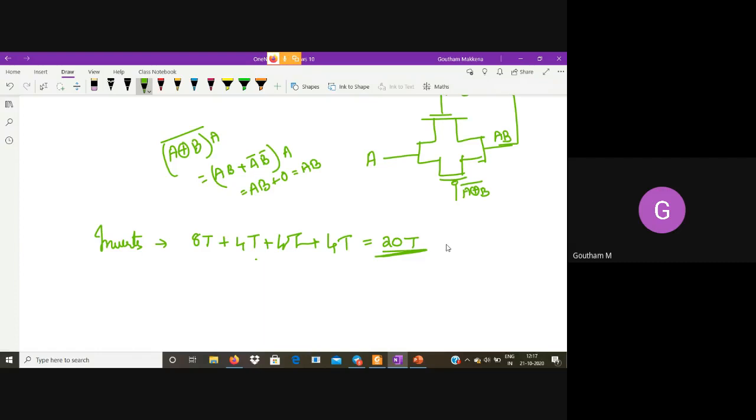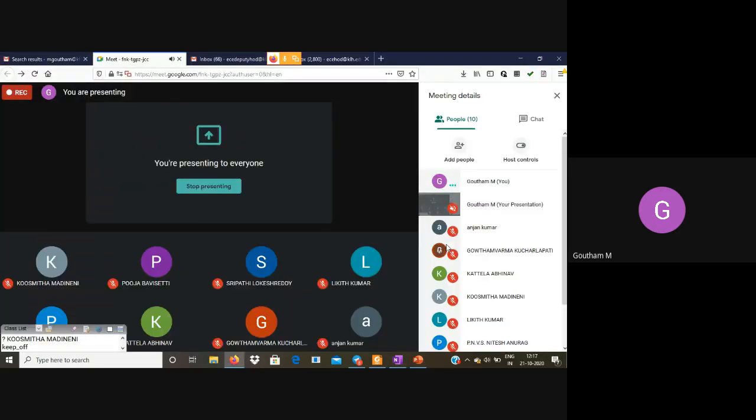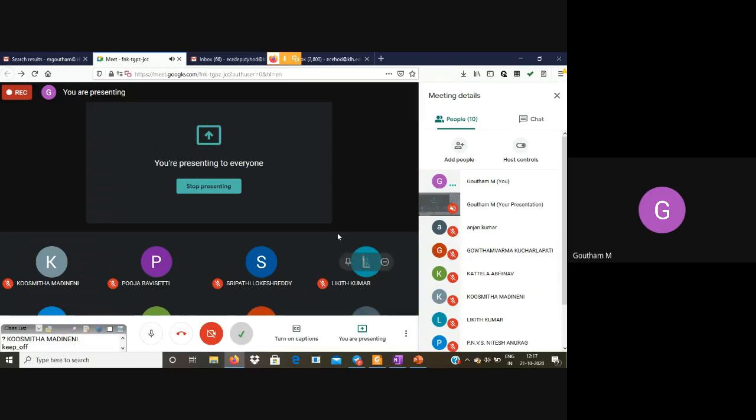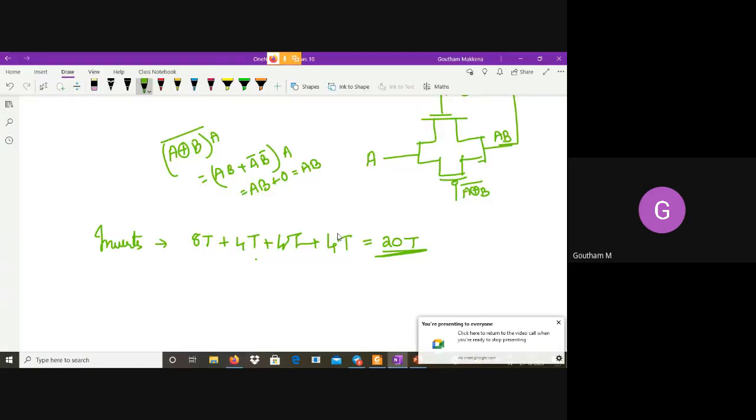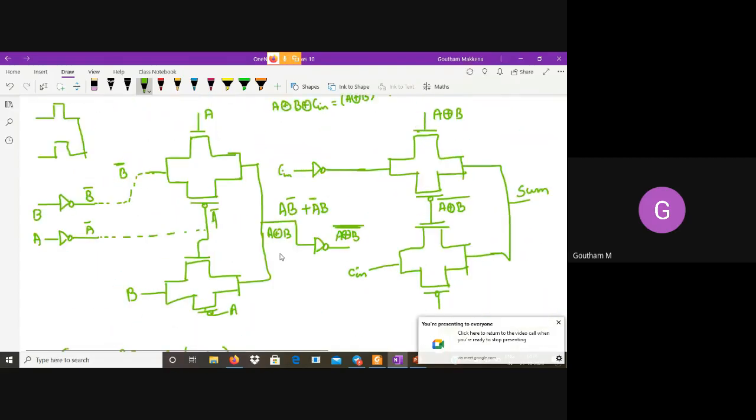20 transistors. Are you getting the picture? Do you agree that this 20 transistors is less compared to your 28 transistors?